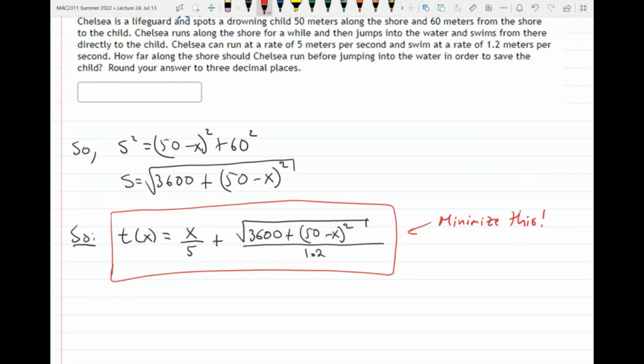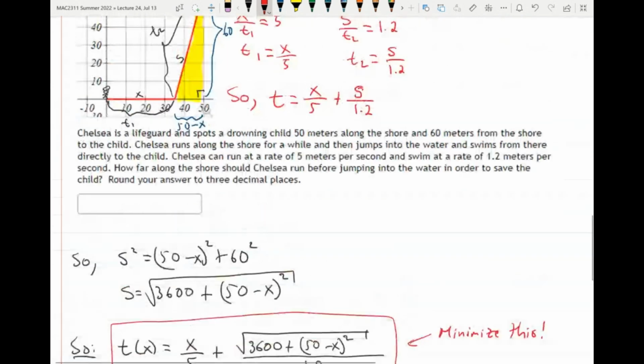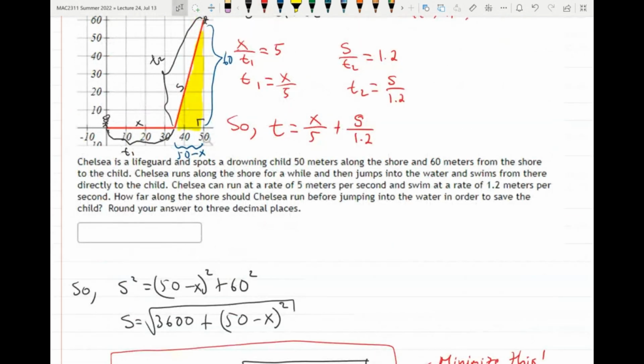Not according to the function itself, because as far as the function goes, x can be whatever you want, because the inside of the radical here is always possible. So x can be whatever you want, but this is coming from a problem. It's not a function that I'm handing to you. So what do we know about x? X has to be,